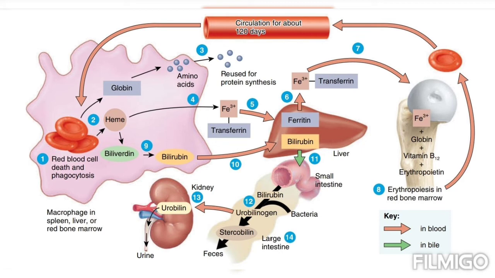which gives feces its characteristic color. This is the life cycle that we see: how a red blood cell gets formed, how it gets destroyed, and how the recycling of hemoglobin components occurs. We have seen that the rate of RBC formation in the red bone marrow is equal to the rate of RBC destruction by the macrophages. I think in this video we have concluded how red blood cell formation occurs and how it gets destroyed and recycled into other hemoglobin compounds.